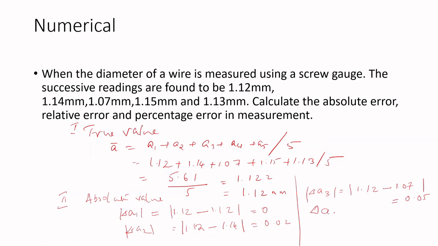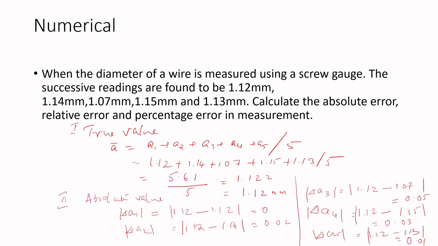Next, delta A4, 1.12 minus 1.15, which is 0.03. Delta A5 next, that is 1.12 minus 1.13, 0.01. So now all these values, that is 0, 0.02, 0.05, 0.03 and 0.01,